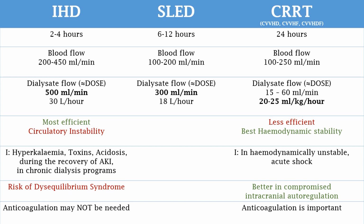delivered in reality. And what I mean by this? If you have a patient on continuous renal replacement therapy and you decide to move the patient to the theater or CT, for example, you will not bring the dialysis machine with you. You will pause the procedure, and for this period of time there will be no dose delivered. At the end of the day, don't forget to check the real delivered dose, if it was in the range